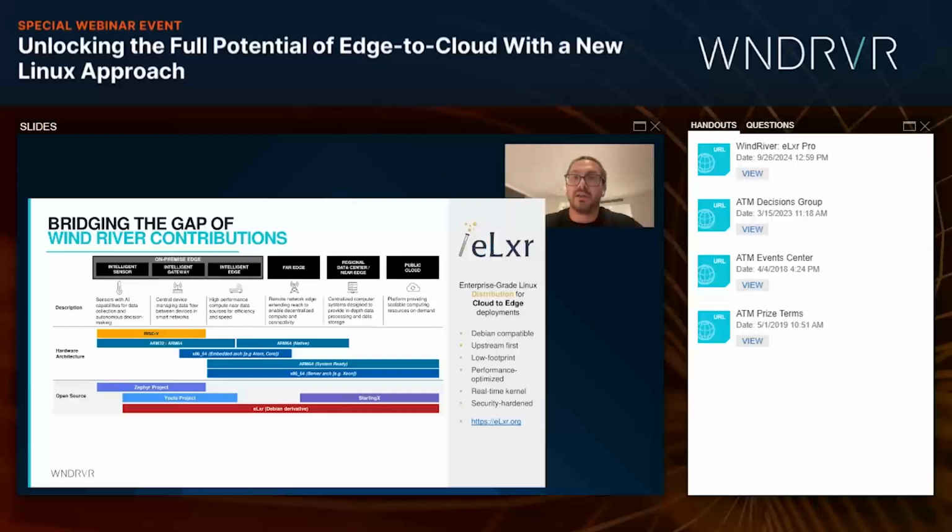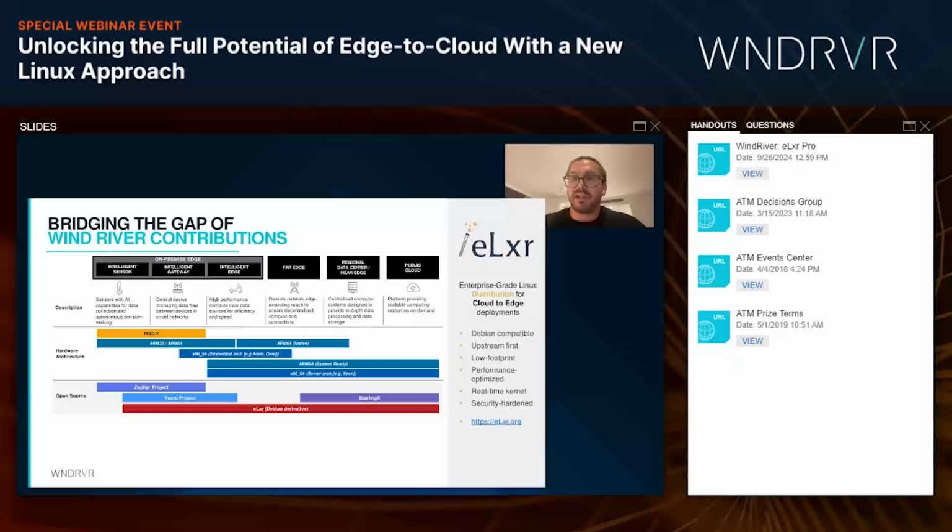And I want to talk to you a little bit about how we're bridging the gap in the open source community with a new open source project that we've recently launched called eLxr. And what you'll notice here is that the original three contributions and projects that Wind River was involved with, you'll see on the left-hand side that the Zephyr project and Yocto project were really focused more on edge systems, whether it was intelligent sensors, gateways, or moving into the intelligent edge, whereas StarlingX was more focused on cloud and enterprise applications.